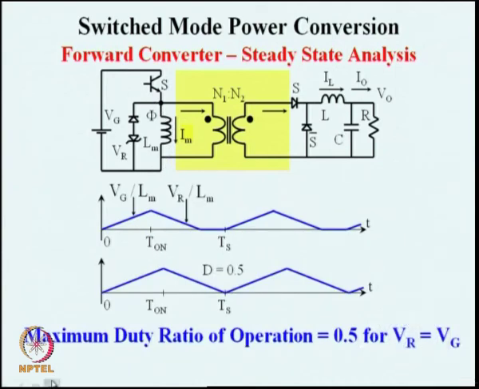Now, what we have done is, we have introduced a reset voltage Vr against a supply voltage of Vg. In most converters, the preferred value of Vr is the same as Vg. We tend to make designs where Vr and Vg are equal. In such a situation, the core flux increase and the core flux decrease will take the same time if you do not want the flux to build up. So, in such a case, the maximum duty ratio of operation is limited to 0.5 in forward converters.